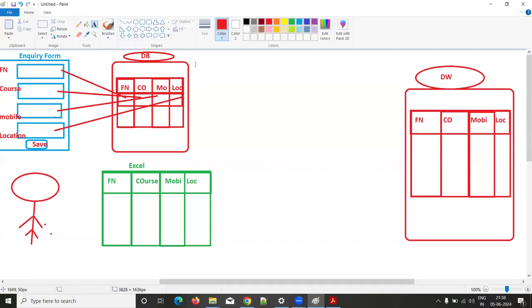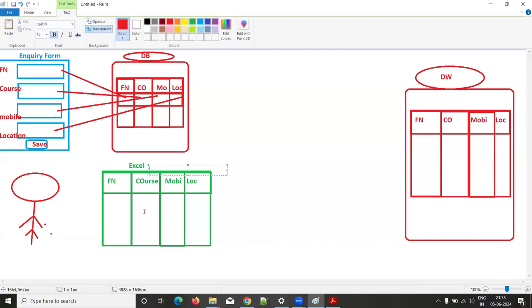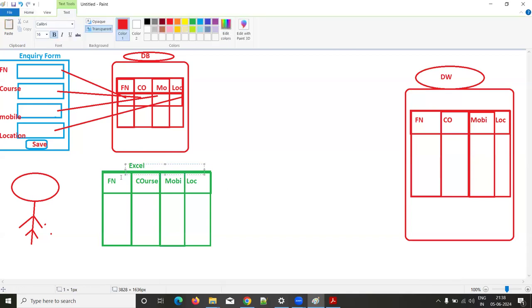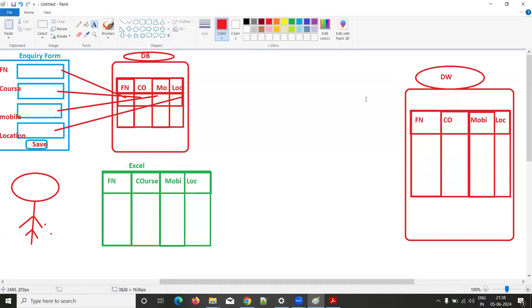As of now, we have taken two types of format: one is a database and the other is Excel. Every place has different location, different format data. But all the different format storage data, we have to bring into our final storage environment. The final storage environment here is called the data warehouse. The data warehouse has a tabular structure, the same as a database. But my source data is available in the database and also in file format. Then all this data I want to bring into this type of format. Then how? For that purpose, we are going to use